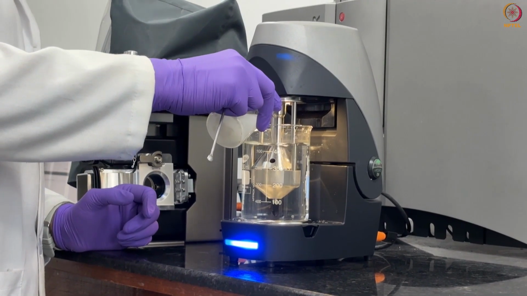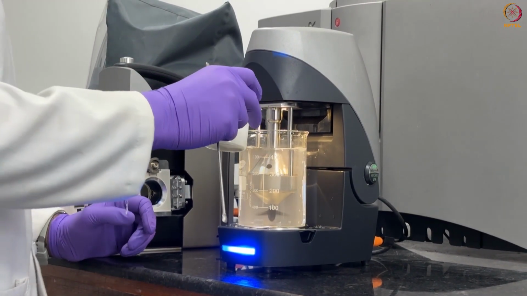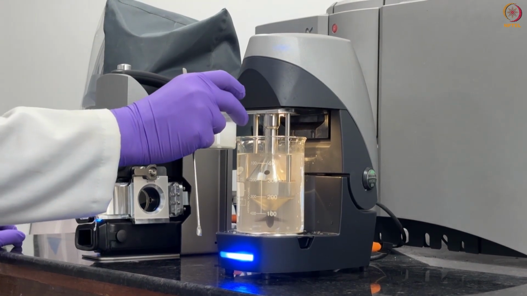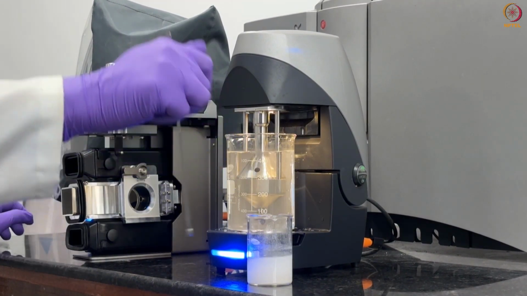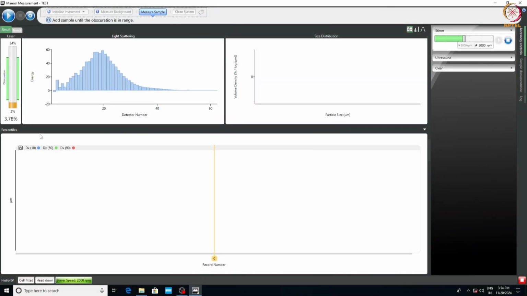So we are initially putting some amount in it. We will have to make sure that the obscuration level is appropriate. So make sure the obscuration level stays between 5% to 20% or whatever values we have fed to the instrument. So we will pour a bit more to increase the obscuration value slightly.